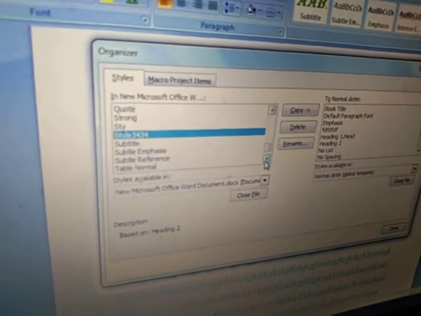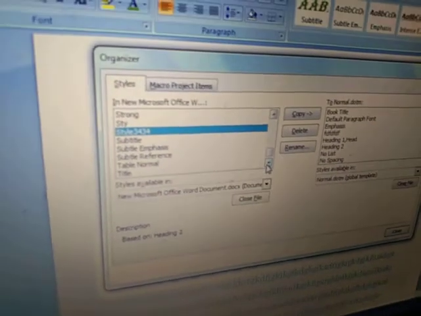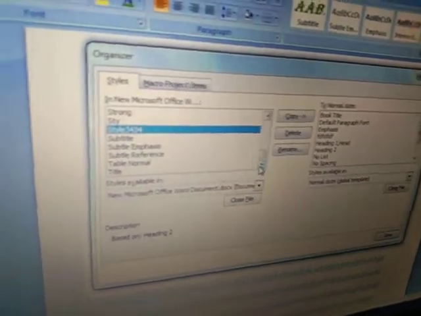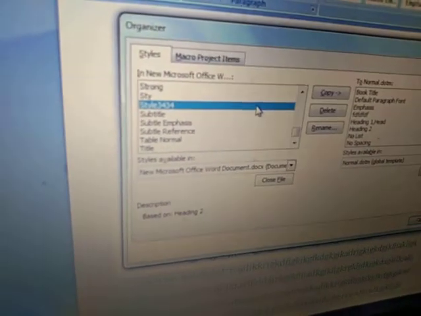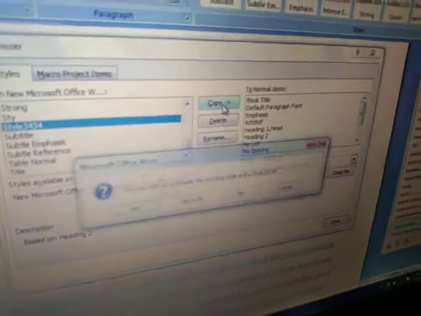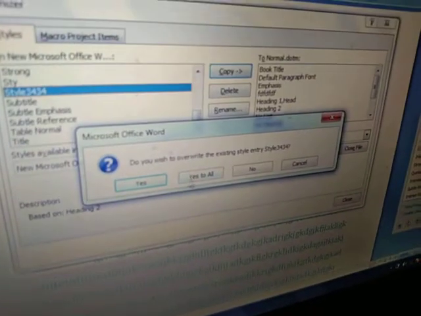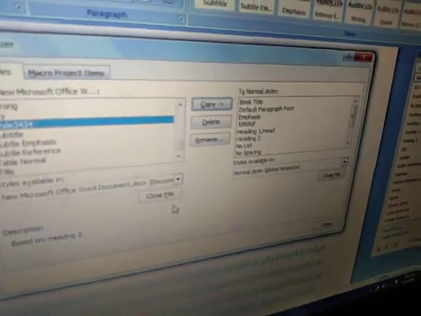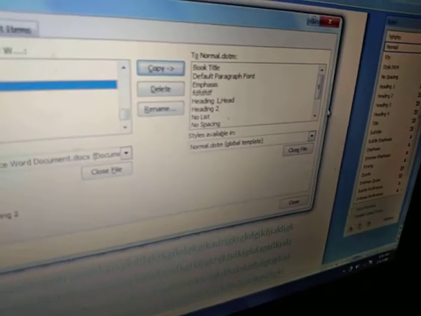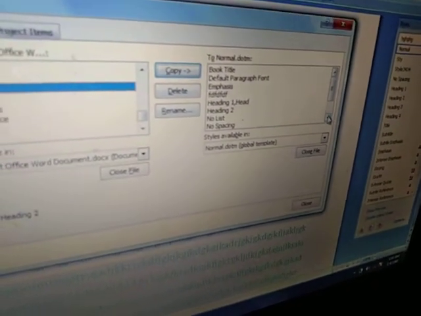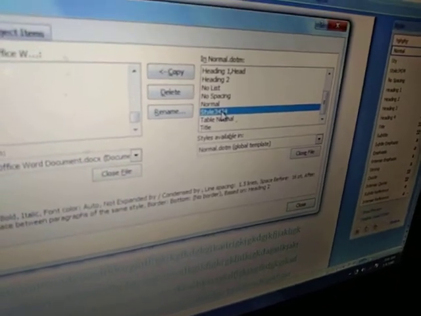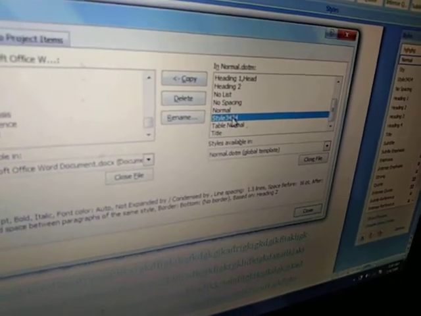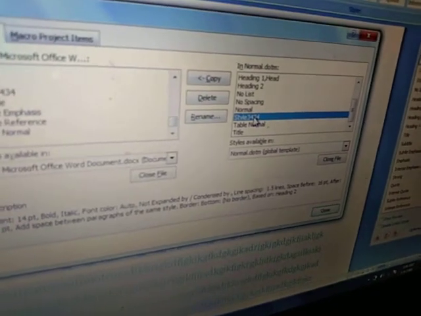Ma'am, I want to place it as a template so that it is available every time in every document. I am selecting this and then click on copy. Okay, overwrite, yes to all. Okay, done. What is the name of that? Here is style 3434. Now this one acts as a template, meaning this one is available in every document.